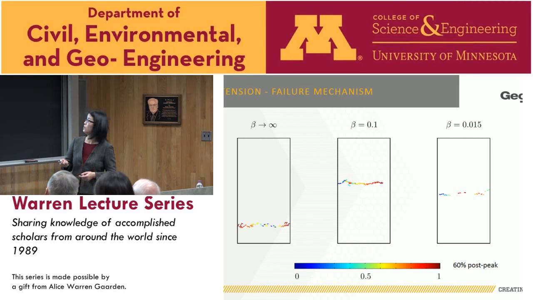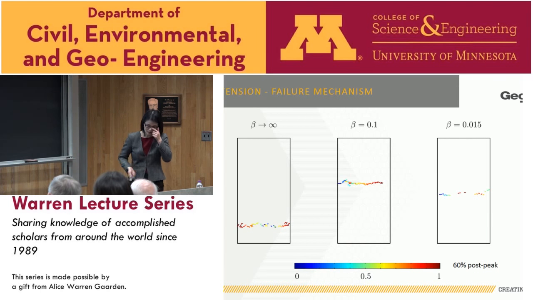So I'll just show you some of the... Sometimes when you try to play with contact laws, you could actually mess up the failure behaviors. You may not necessarily produce, for example, a shear band. You end up with a bulging type of failure. In that case, the contact law is not doing its job. So I just want to make sure we indeed produce the failure mechanism that's consistent with the experiment.